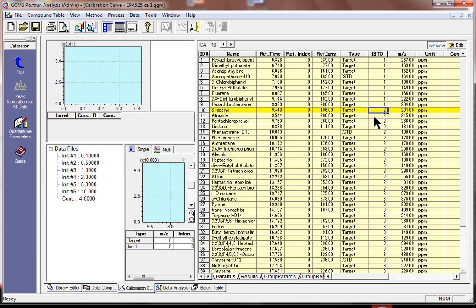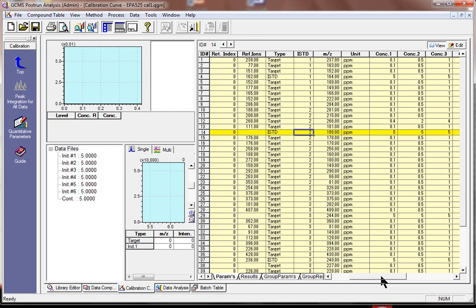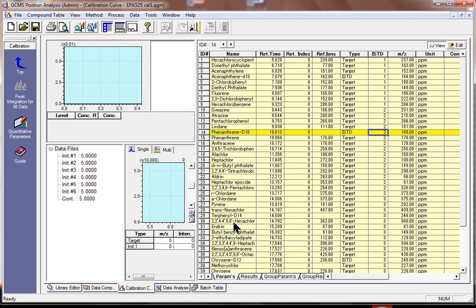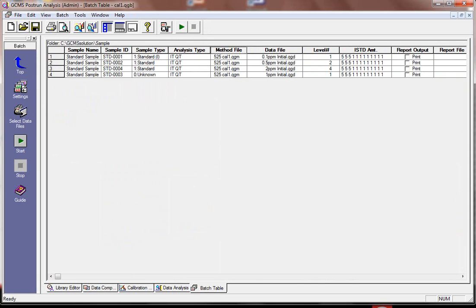The compound with number 10, simazine, and all the following are quantified to the internal standard with number 2. Also, we do have different levels of concentrations in the compound table, but there is no data file associated at the moment to these kind of compounds. So for this we go for a batch table, and here I created a little batch table